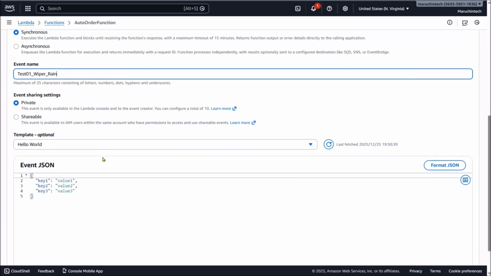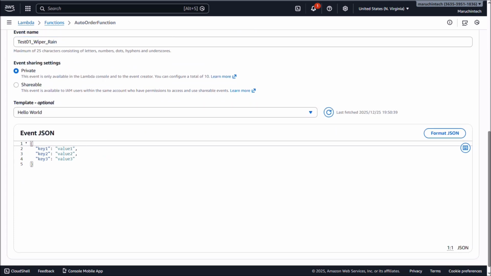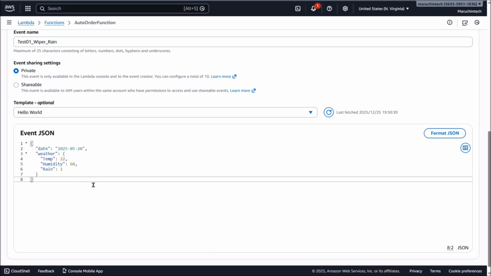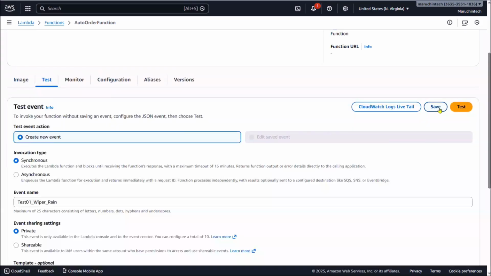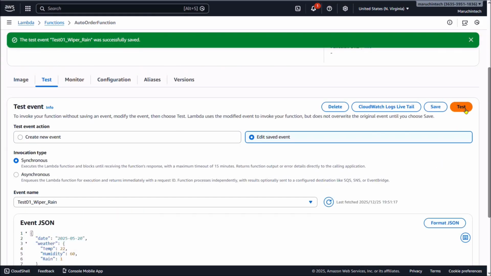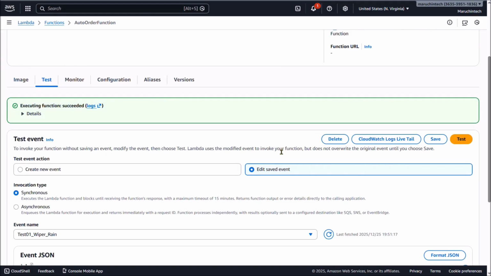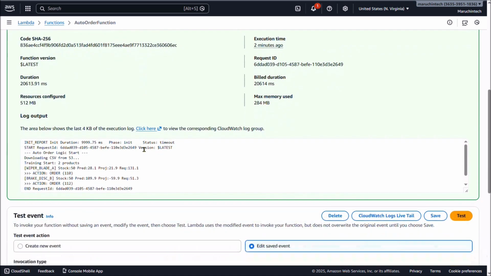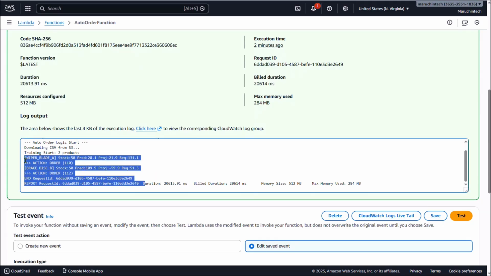In the JSON editor below, I'm going to copy and paste the event JSON, click on save, and click on test. The calculation should be immediate, but the first time, it takes a little bit longer for the initialization. So let's look at the calculation result. Open the detail and scroll down to here, and the recommended order is about